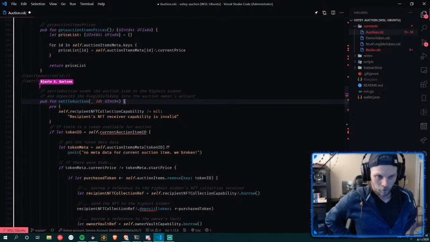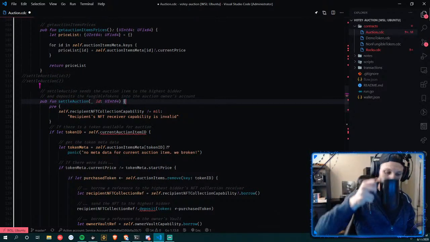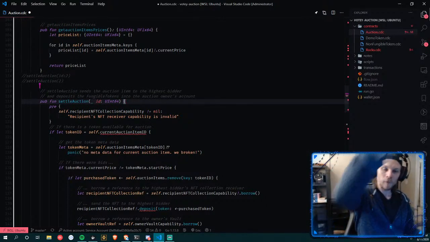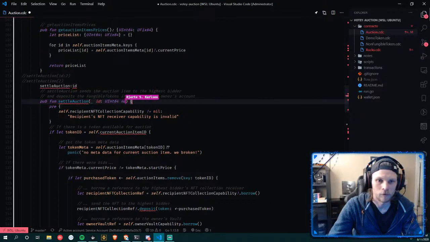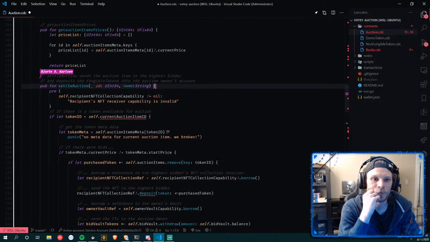I'm not sure if you're familiar with Objective-C, but one of the nice things that I liked about Objective-C is that the method signature is actually all of the name of the method. So in this case it will be settle auction :ID. So this would be the method signature of this in Objective-C. And if you here had a name string, for instance, like this, then it would be like this. This would be the method signature of this thing. But we don't need that here, just for showing you for reference.